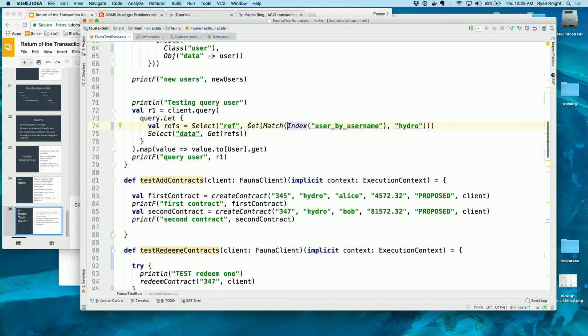And so now that I have that ref, I basically have a pointer to that class. Now that I have that pointer, I want to get the actual data out of there. So what I do is I say get a ref. That's actually pulling that ref out of the database and giving me the actual values. The first step is just to select the ref and find it, and then I take that ref and pull it back out. But again, this is all done inside of the database, so this isn't a two-step process back and forth to the database. This is all done in a single step.